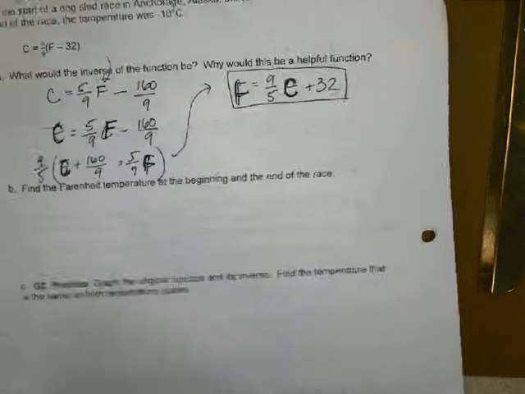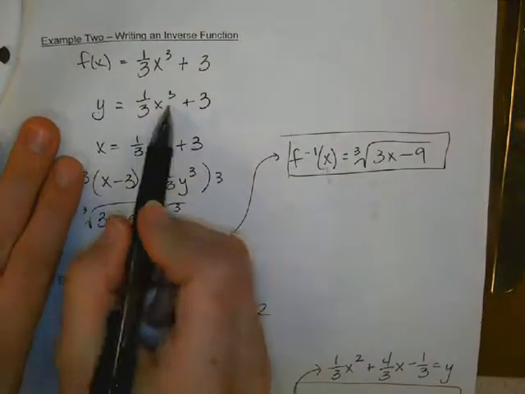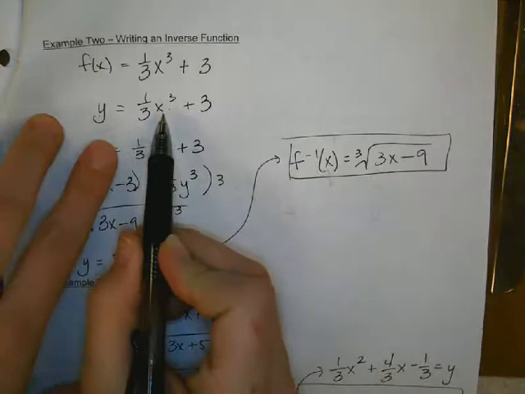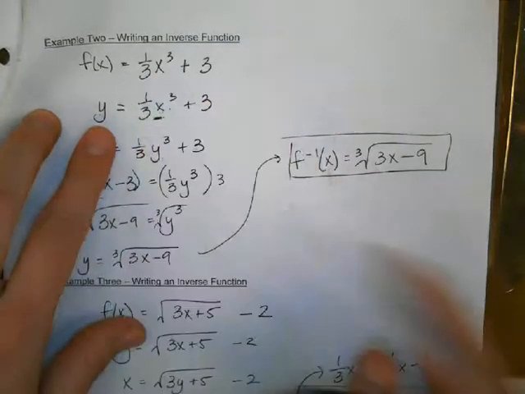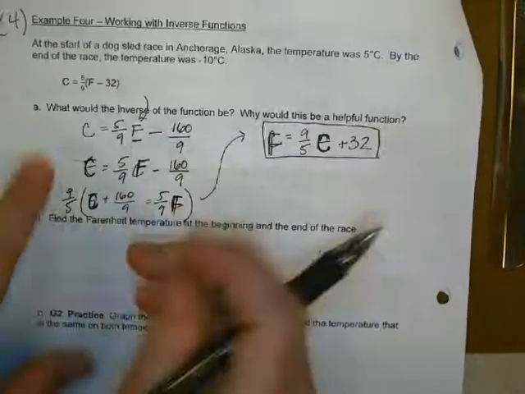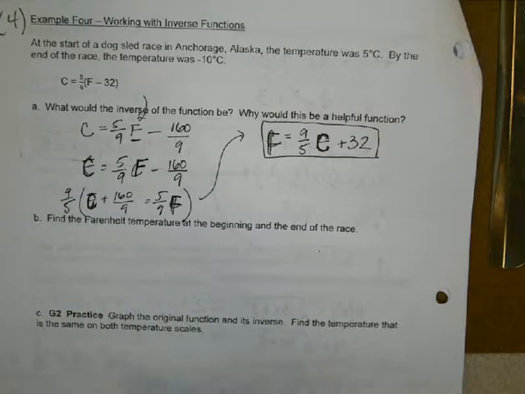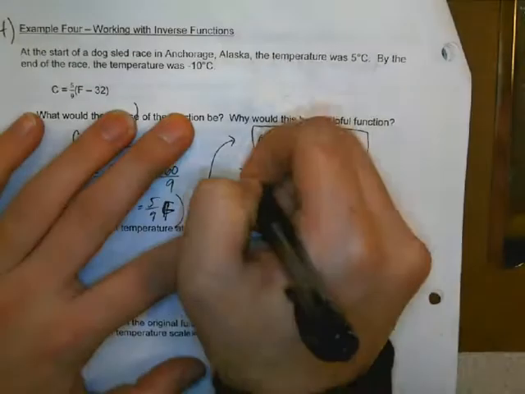In all the times we're doing problems like this, we interchange the variables because we're used to solving for y. But essentially what you did from here to here is solve for whatever variable was in that spot. So all we're doing here is solving for the variable that's in that spot, not the spot that's already taken. Okay. So this is the inverse of the function. This is the Fahrenheit